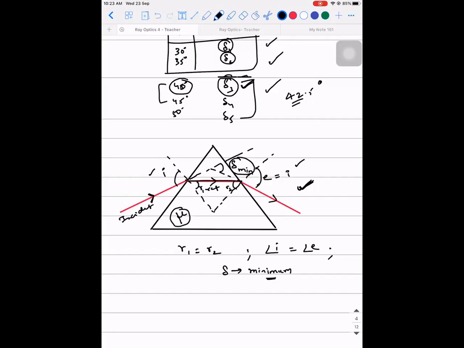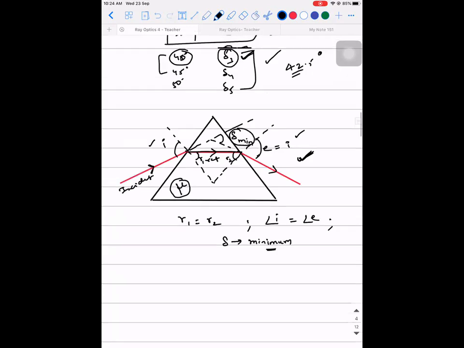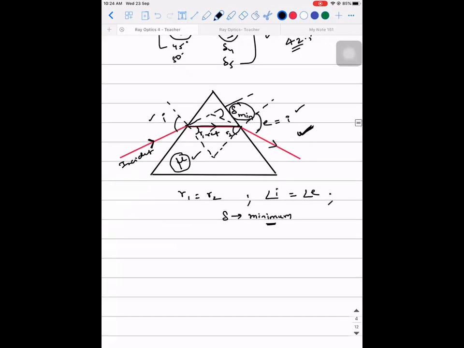Because I told you, not every prism is made up of glass. It can be made up of fiber also. It can be made up of some other material also. It's up to us. You can use any composition where you produce a transparent material. That's it. So for that material, if you need to calculate the refractive index, we need some experiment, right? That refractive index can be found from here. So how we are going to do it, I'll explain it now.